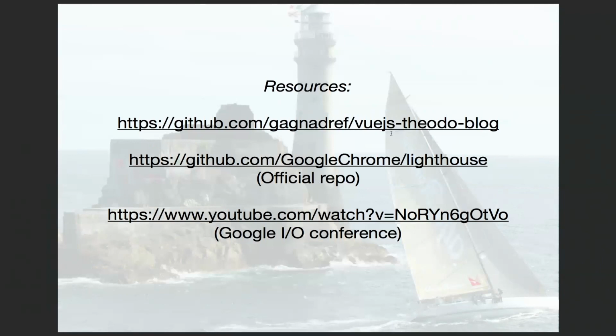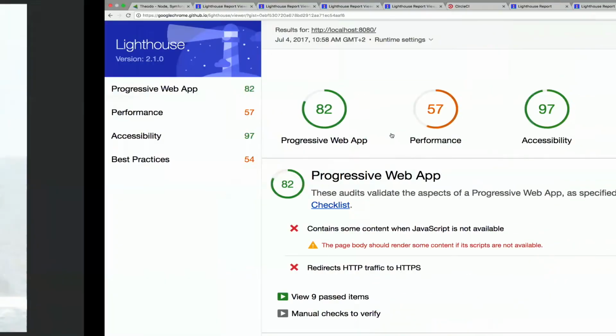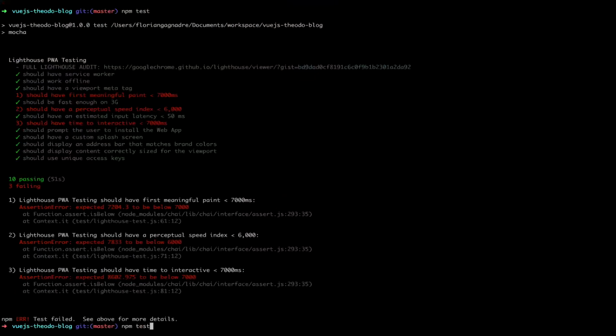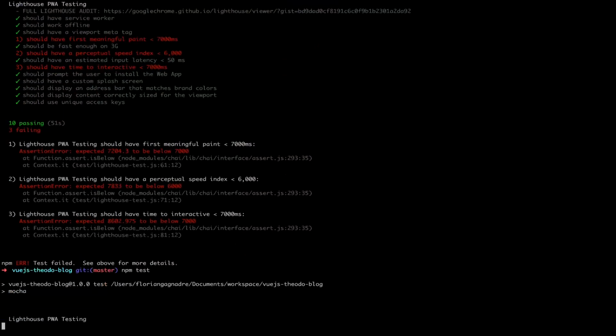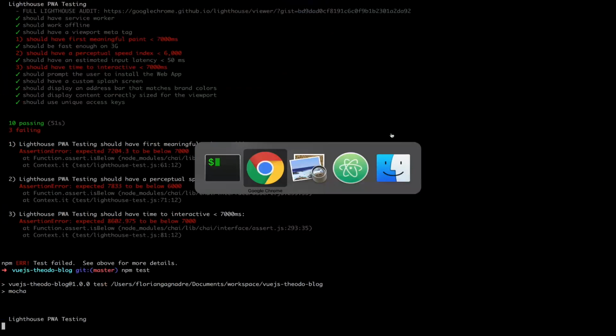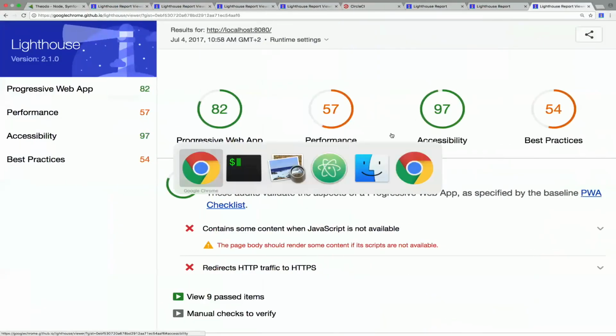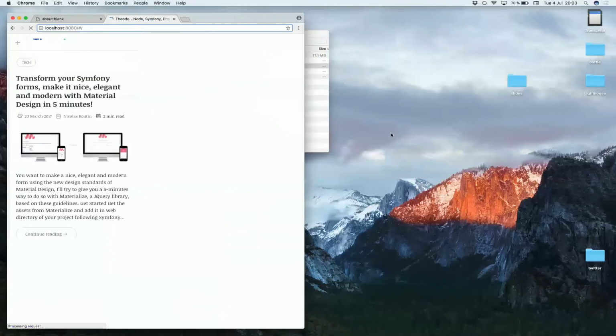Something that I didn't test either is the fact that you can use Chrome headless. I don't know if you see it, but when I was running my tests, Chrome is opening a real window of my browser. It's doing the test. So with headless, you can save some time as well, I think, but I didn't test it.